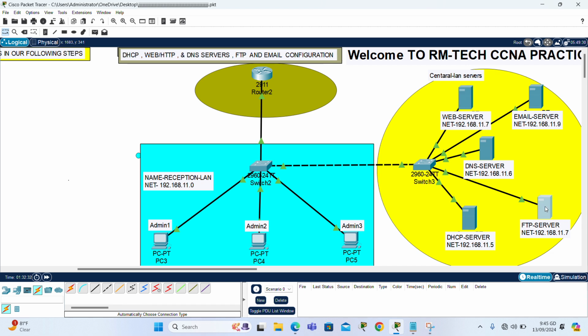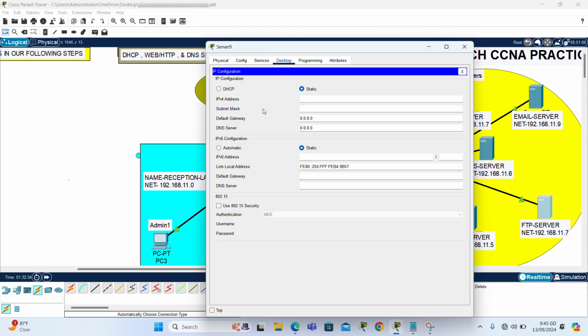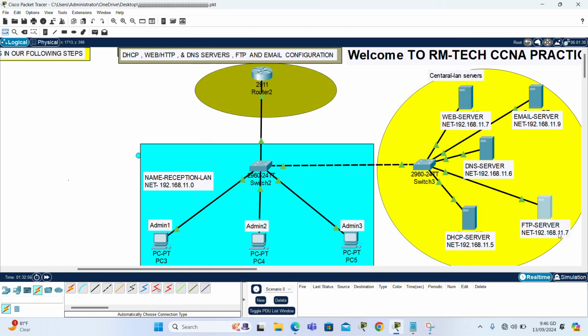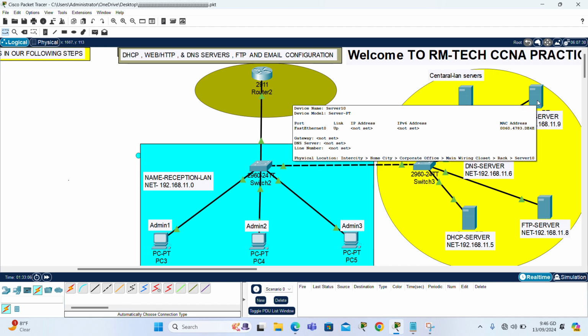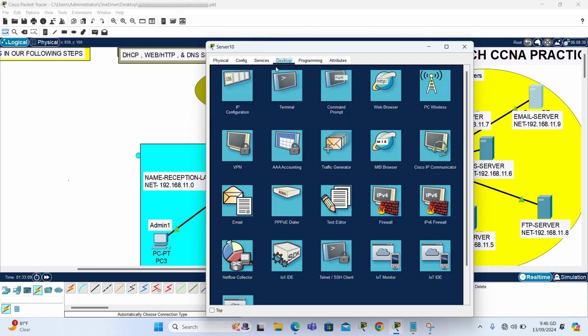Now come to the FTP server and its IP address is 11.8. Default gateway is 11.1 and the DNS server is 11.6. I will change this one to 11.8. Okay, the remaining one, the last one, is the email server and its IP address will be